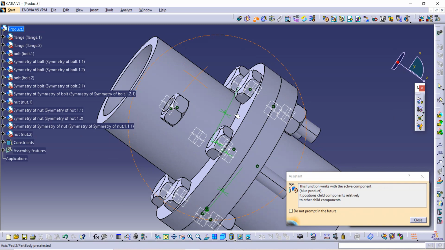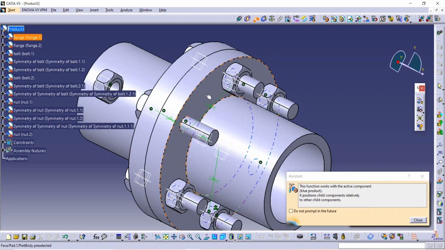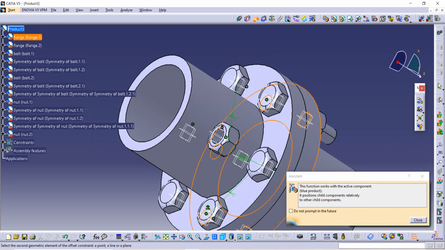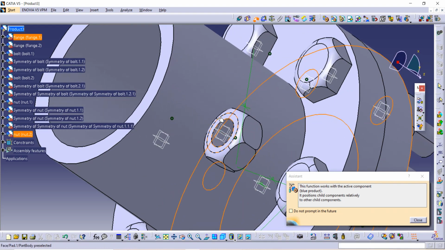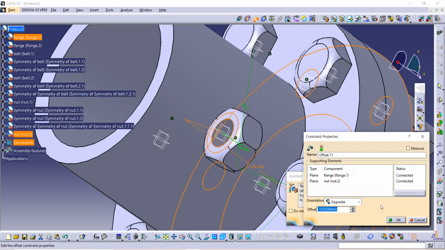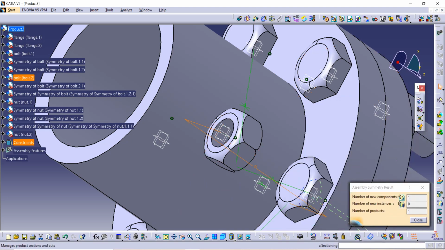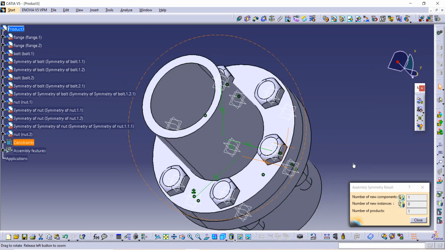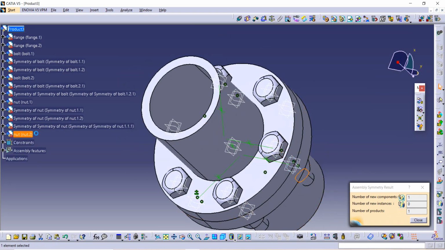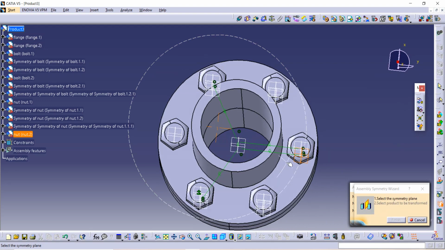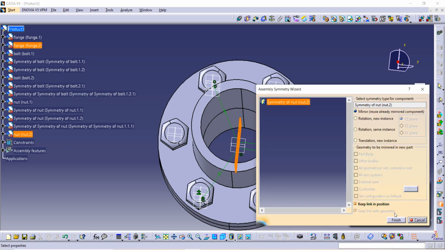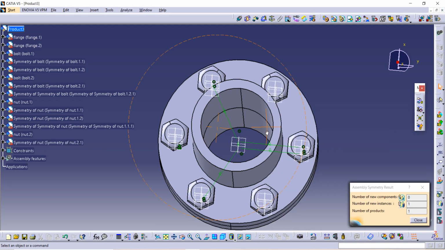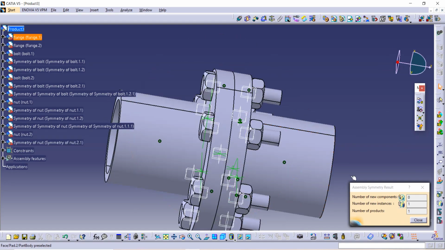Offset distance is 0. And we are going to do the symmetry option. We are going to use this symmetry option. And it's done. Thank you so much guys.